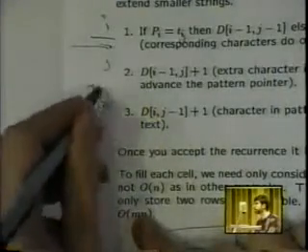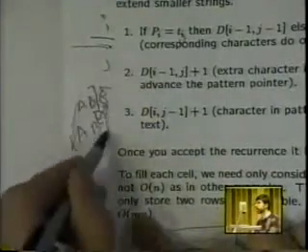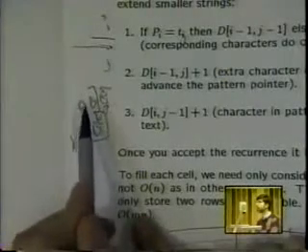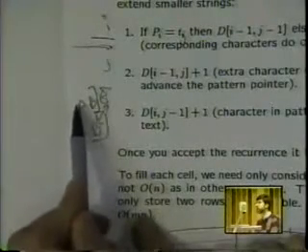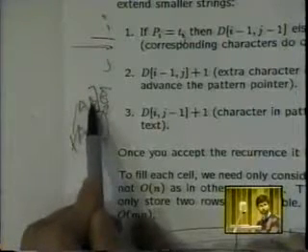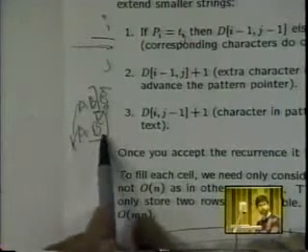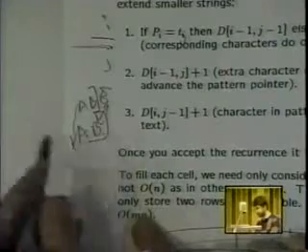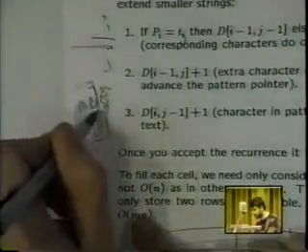Or we could say, let's delete that last character and figure out what was the cost of matching the first i-1 characters with the j characters here. Pay the cost of that, pay the cost of the deletion, and that's the cost of actually editing it to this.